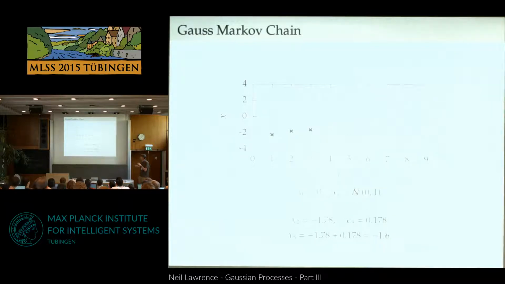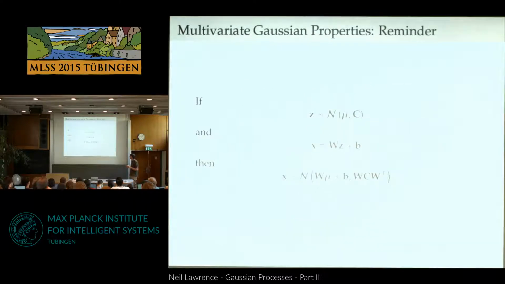So in each case, I'm sampling, as I go forward in time, a new Gaussian variable and adding it to the previous state, and I just get a path like this. Okay? So that's clear? Now, what I want to do is find out what the covariance function